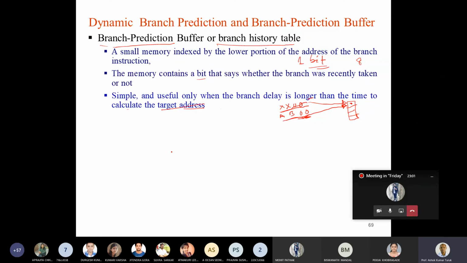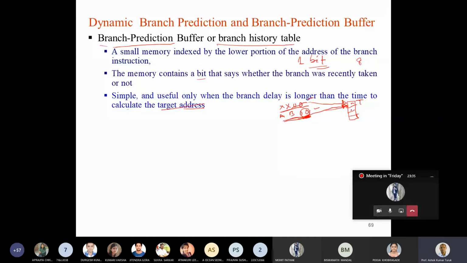Now this prediction bit. While executing these instructions, you use the lower 2 bits of the address to index into the memory and obtain the information. Let's say the information stored here is taken. So you predict that the branch is going to take place. So you execute. Then one is the prediction. The other one is what will be the actual outcome of the branch.